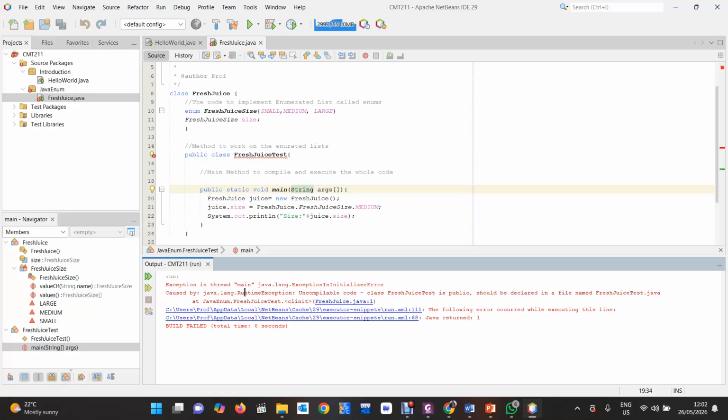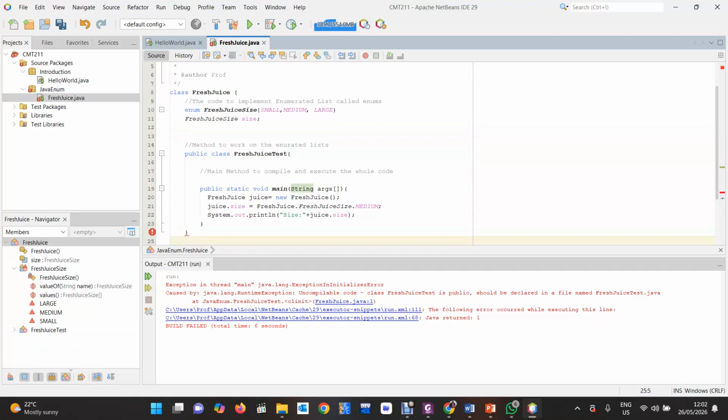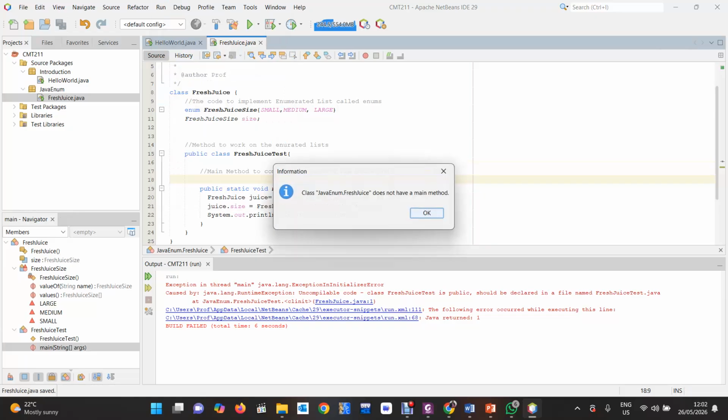We can as well stop it. Then we can do this and then add this here, so that all of them are inside this. So that when I run this,